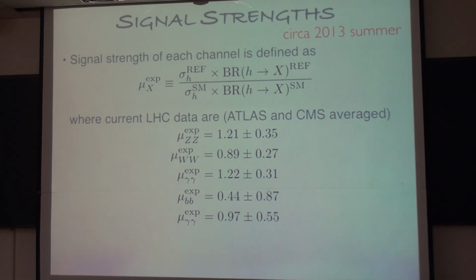In a separate study, we did consider these extra charged Higgs boson contributions to the gamma gamma, but that was done right after the discovery of the Higgs, and at that time this number was bigger than 1. So I'm concerned only if there are